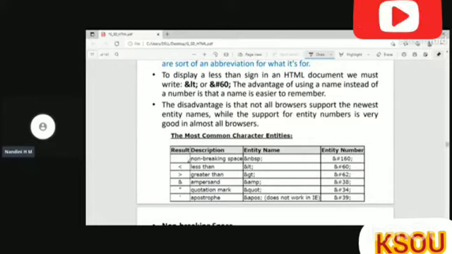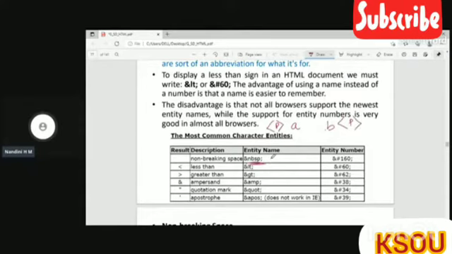If you want to give more than one space, at that time you have to use this entity. Suppose A, after that you have given 3 spaces and written B, but you have written this in a paragraph. When it displays in the web page, it will omit the remaining 2 spaces and display like this. In order to avoid such cases, we have to use non-breaking space.